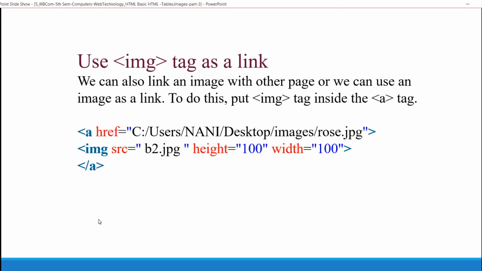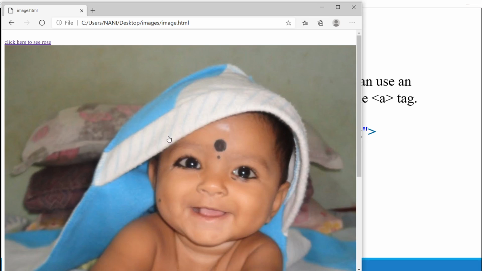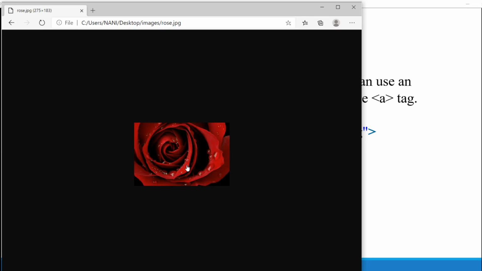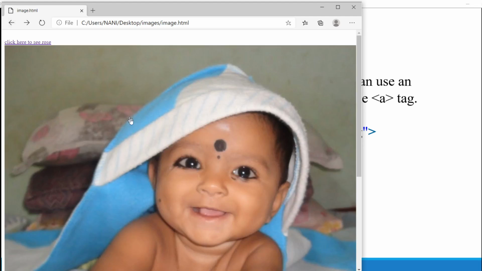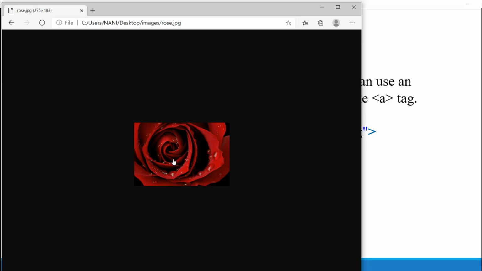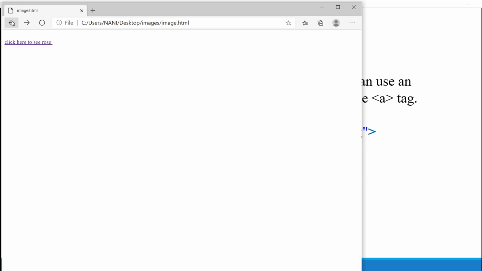Let's go back. Here, the image is used as a link. For that, I have taken source b2.jpg. If I click on this, I will go to another document. If I click on this image, am I linking? Yes, with the image. With the image, I am going to the other one. This is how an image can be used as a link.